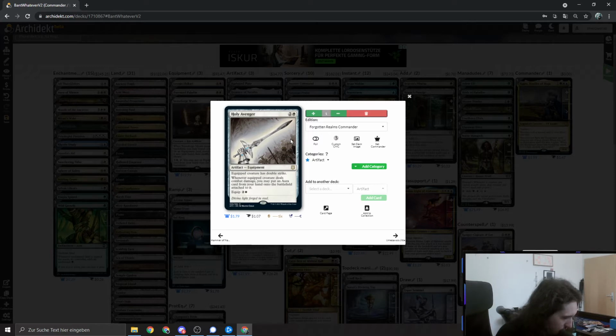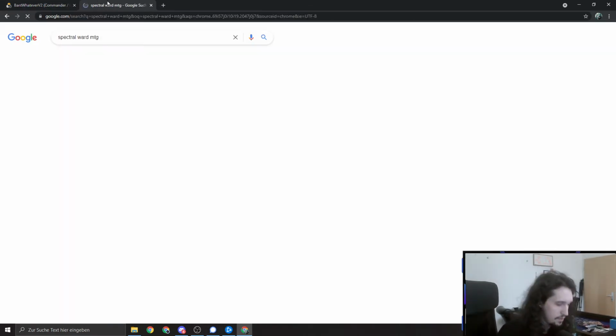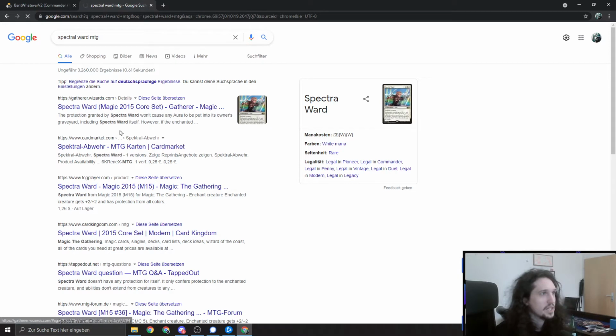Protection creatures should be in here somewhere. Give me a second. Three Dreams. Spectral Ward, yes. Spectral Ward. Let me just pull up the card. I haven't had a Spectral Ward in MTG. So, Spectral Ward